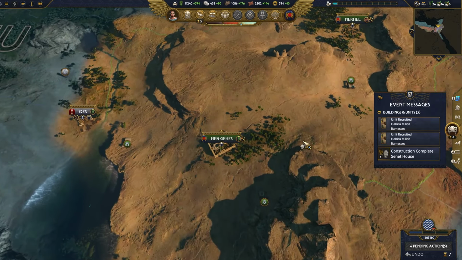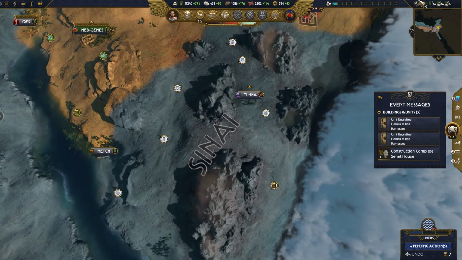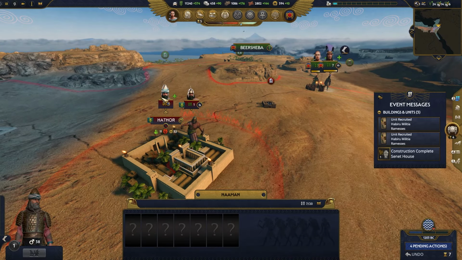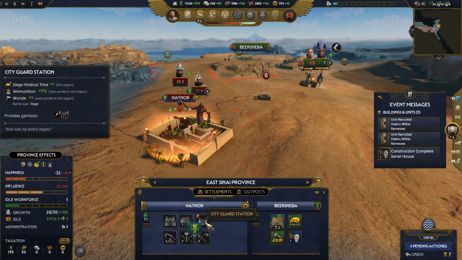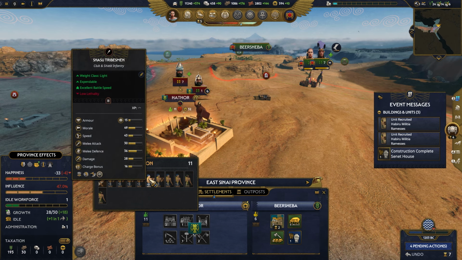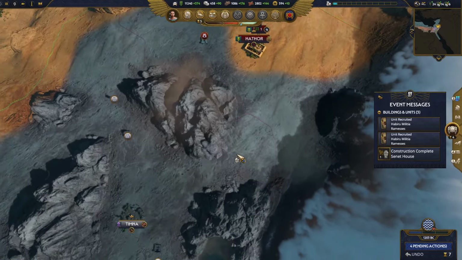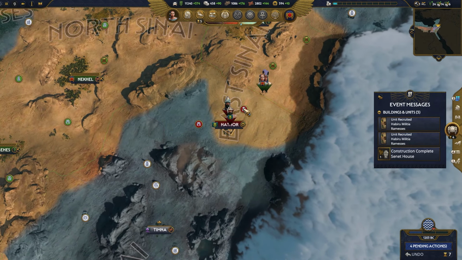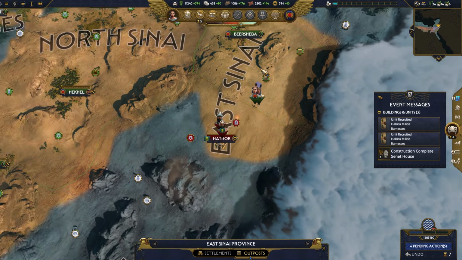Okay. So we've recruited some more, though. They kind of weirdly teleport over here back to Nebgehez. They've got their general hiding in Hathor. Hathor is defended by a city guard station now, so it took the time to get good and defended. So it'd be lots of Shasu tribesmen. They have much better stats than we have. No fort, I don't think so, at least. They only have 2 slots for...